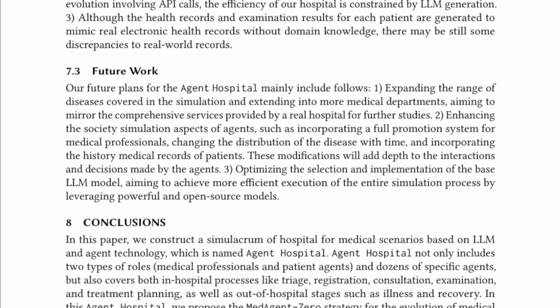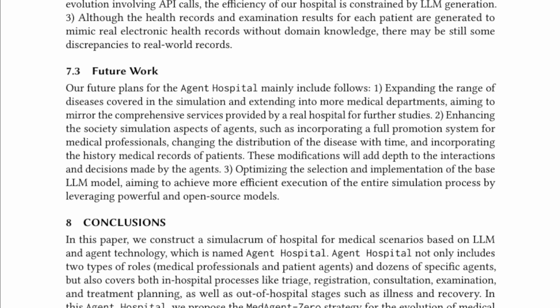7.3. Future work. Our future plans for the agent hospital mainly include as follows. 1. Expanding the range of diseases covered in the simulation and extending into more medical departments, aiming to mirror the comprehensive services provided by a real hospital for further studies. 2.